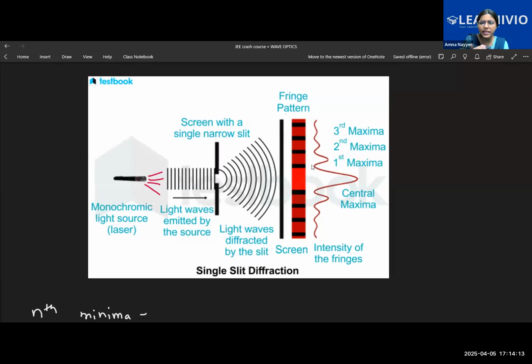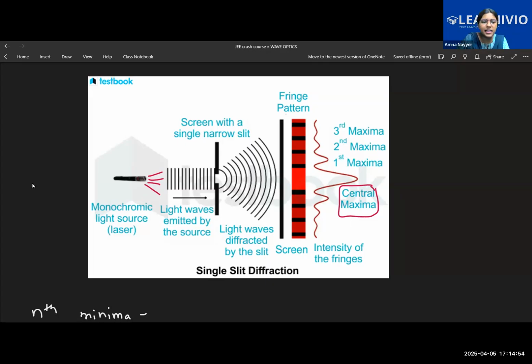There are differences between the intensities of the fringes of diffraction and interference. The diffraction pattern intensity keeps on decreasing. Here also you get a central maxima, which is the bright light, and it keeps on decreasing. Like in YDSE, all the fringes we were getting had constant intensity, right? Here the intensity keeps on decreasing and fades, and the maxima and minima become very slow. This is exactly the graph also. So you get the central maxima, then first maxima on either side, then second maxima on either side of the central maxima, then third maxima.